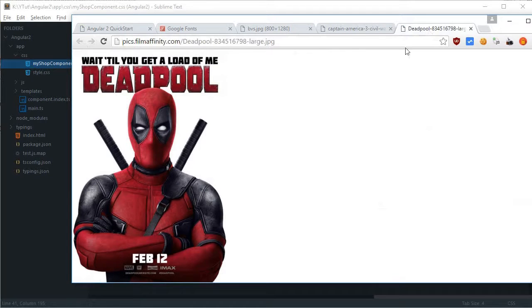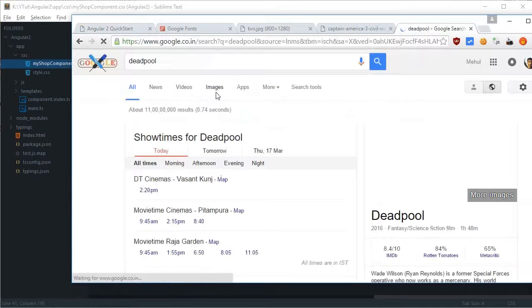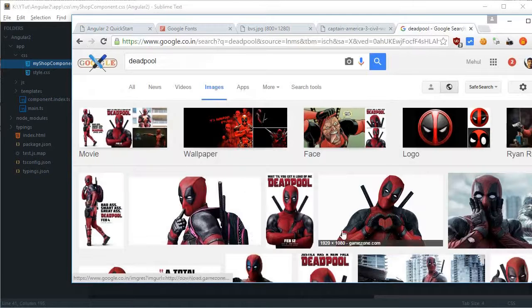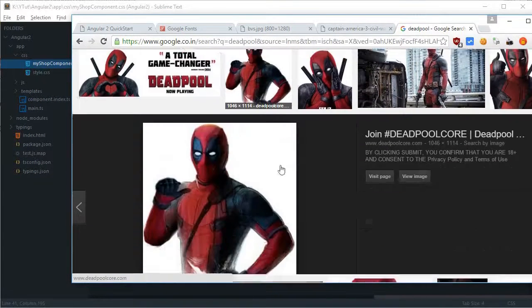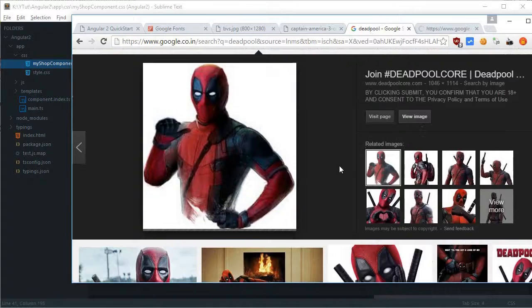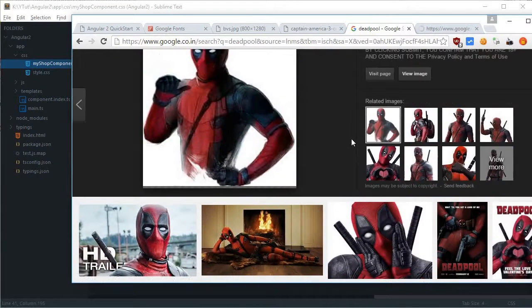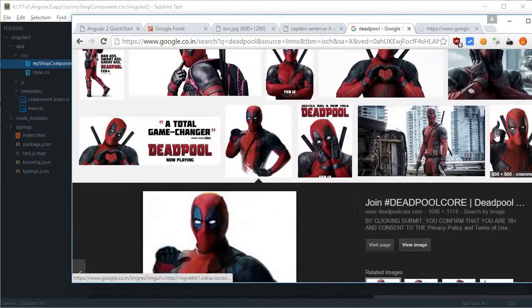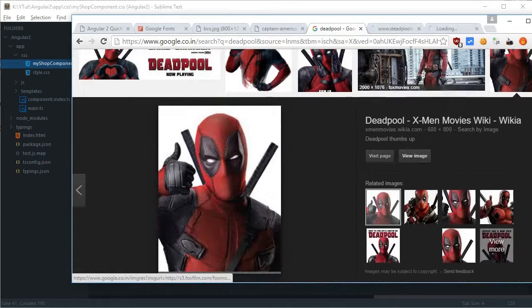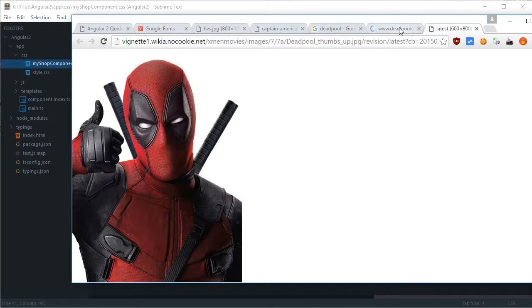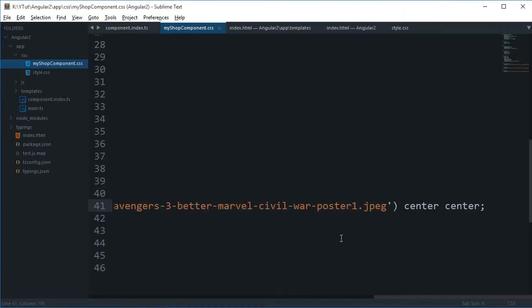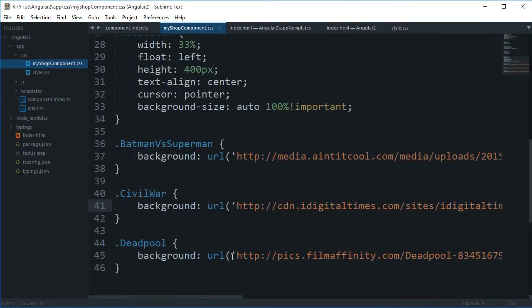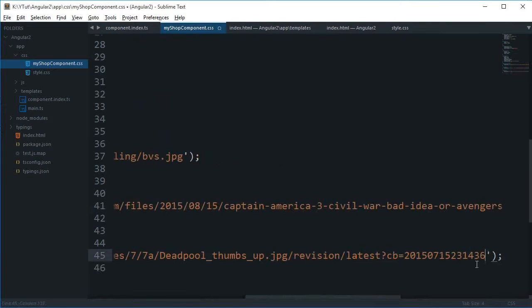Now for Deadpool images, let's go with this one. Let's see if it allows us to use Deadpool or not. Oh, this one is good as well. So let's go with this one because that loaded first. So this is right there,